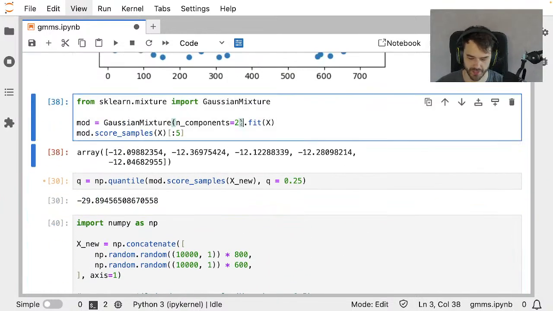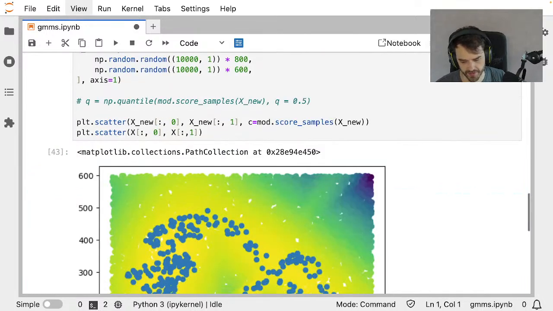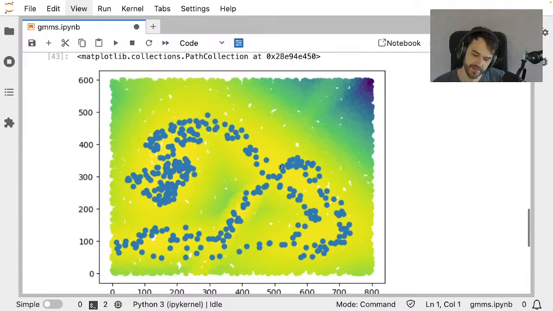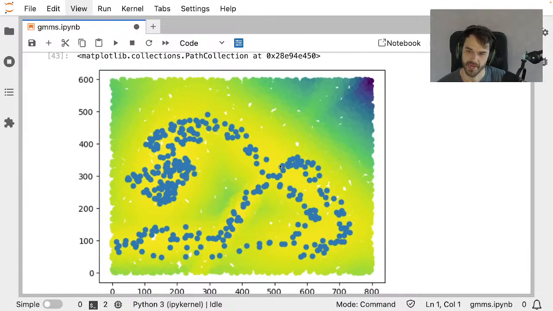Let's maybe not do 2, but let's add 5 or something, right? See what happens then. And then you can actually see that the shapes get more pronounced. We also see that there's a little bit of green in this circle in the middle over here. And there seems to be a line shape around here. There's a very thin Gaussian distribution that's being spun up there. And you can see the effect in the corner over here. There's a straight line that's very thin that's being fitted there.